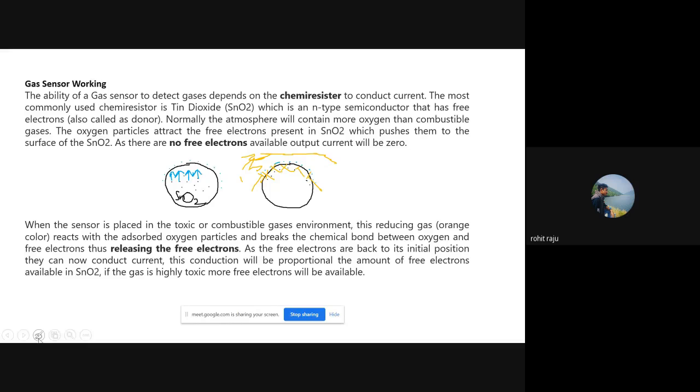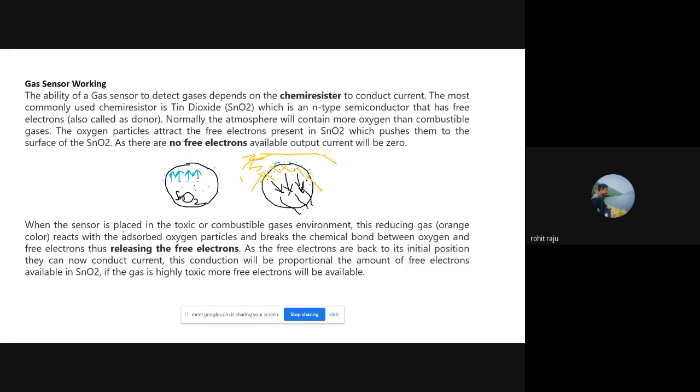And what happens is all the free electrons come back again. They become free electrons again. These free electrons now are in a random state, and they go and conduct current now. So these electrons are broken free by these toxic substances, and they are ready for the conduction of current. So this current helps us to detect this toxic substance. So this must be clear for you now.